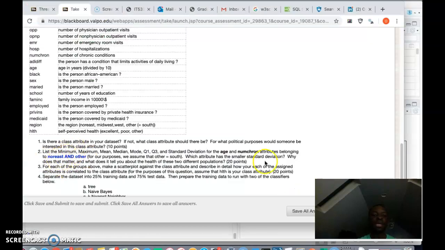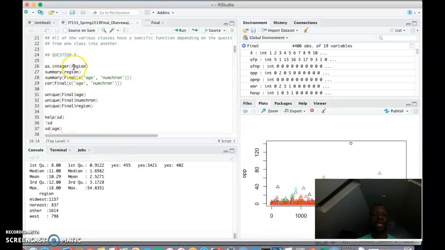As you can see here, it has the northeast, the other, which is the south, although we are going to test it against the age and non-chrome. I assigned region as an integer variable, and I also made age, non-chrome, and region unique. And running that,